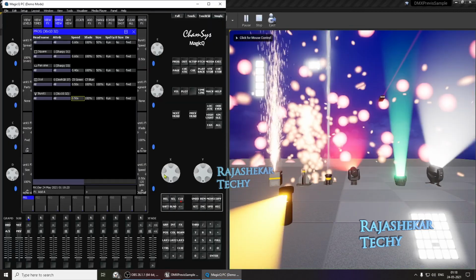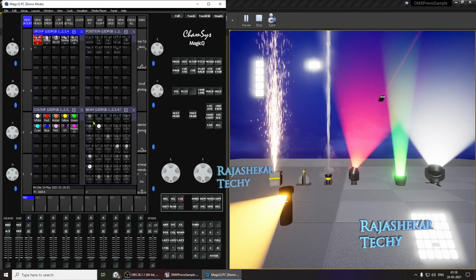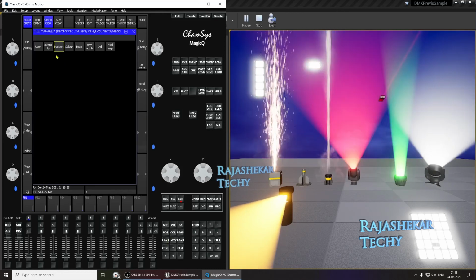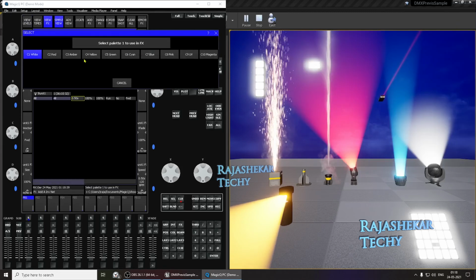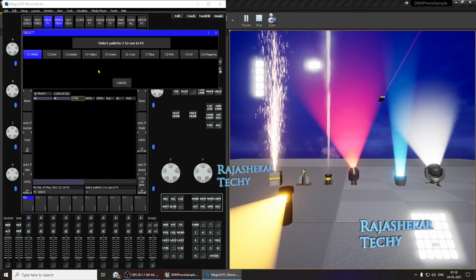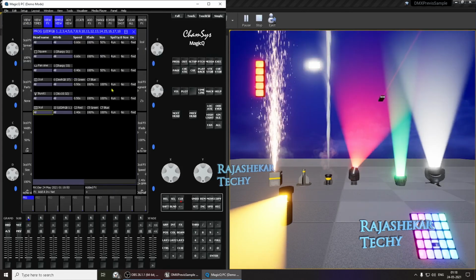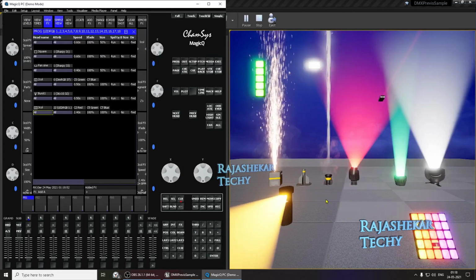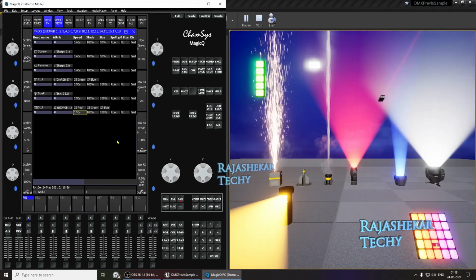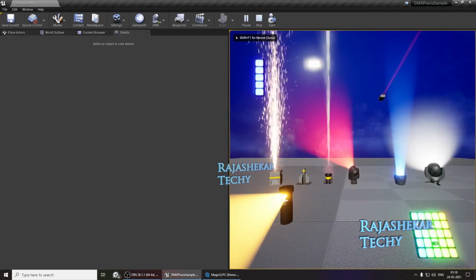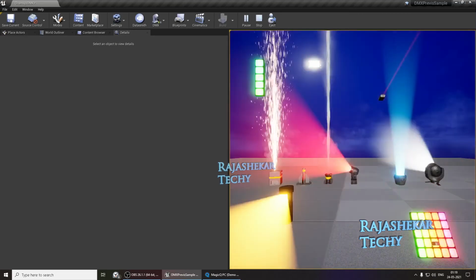Let's go to ChamSys, layout 1, select the matrix, go to layout 1, add effects, color, and let's give 3 colors. Let's do red, green, and then blue. Let's click on dupe elements. Now if you notice, the timing we need to reduce again to 0.5. And now if you go to Unreal, you would see the colors are flashing and looking nice.